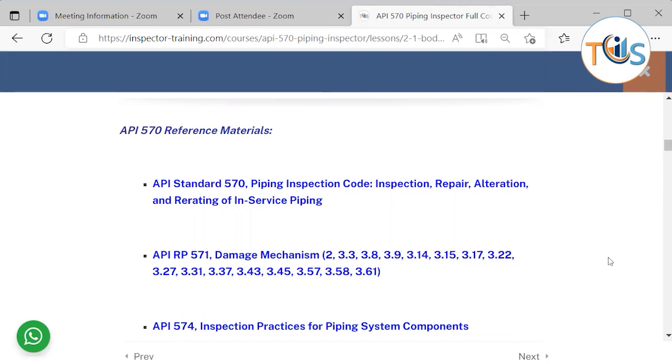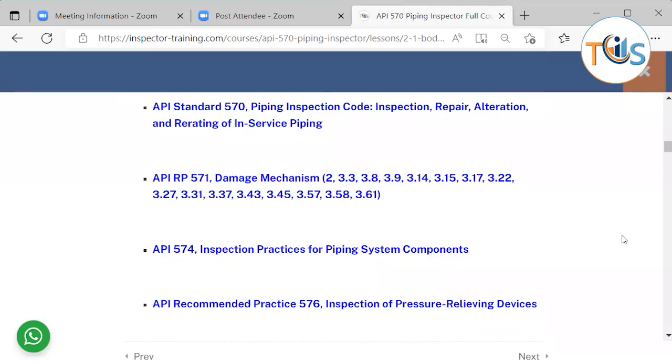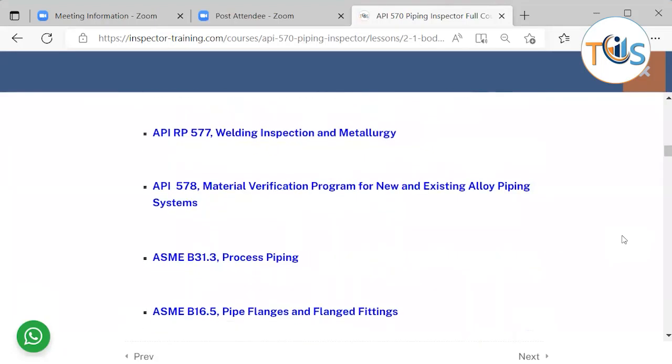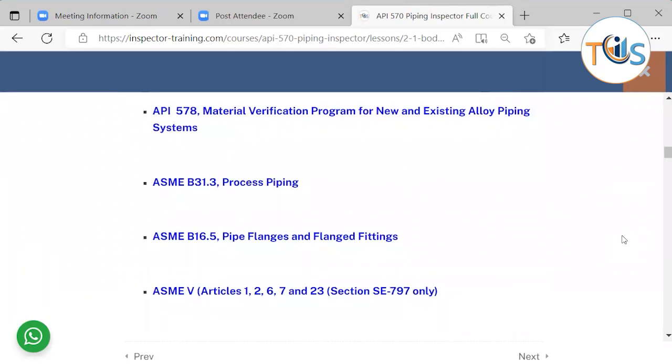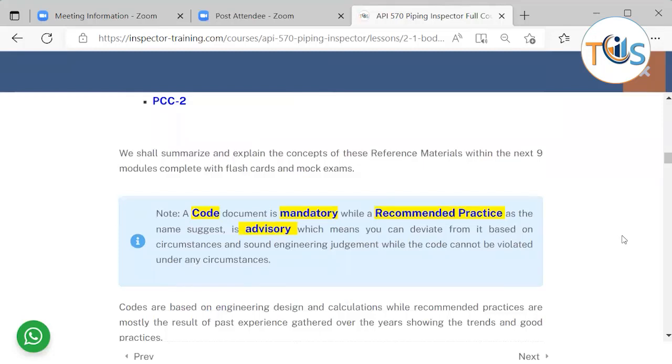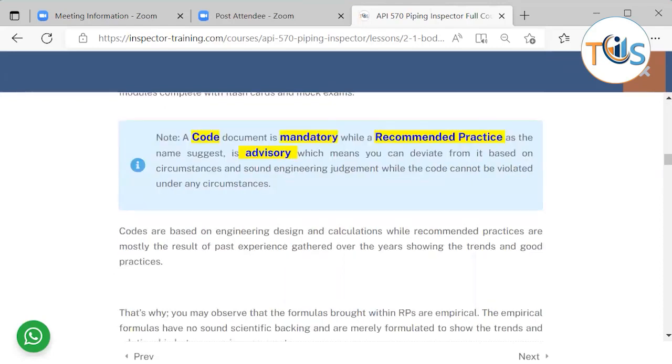API reference materials, as you can see here, are all listed in the publication effectiveness sheet and the body of knowledge, which is what you need to study. As you can see here, the list has about a dozen documents that you have to study, and we have summarized and explained the topics, concepts, and reference material within the next 9 modules, complete with flashcards and a mock exam. As we said, code is mandatory, whereas recommended practice is advisory, so you cannot violate a